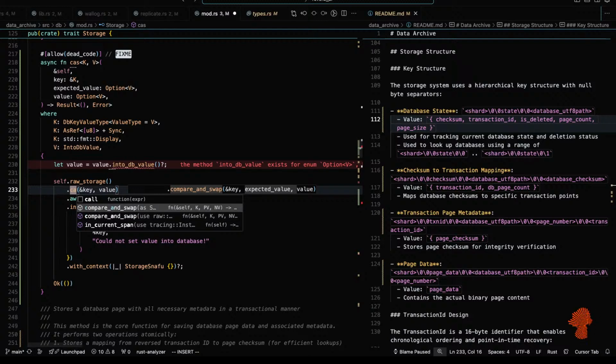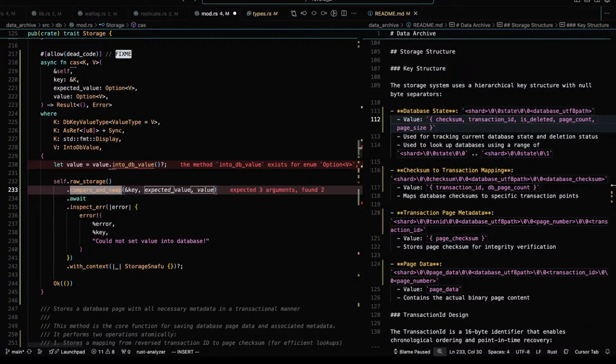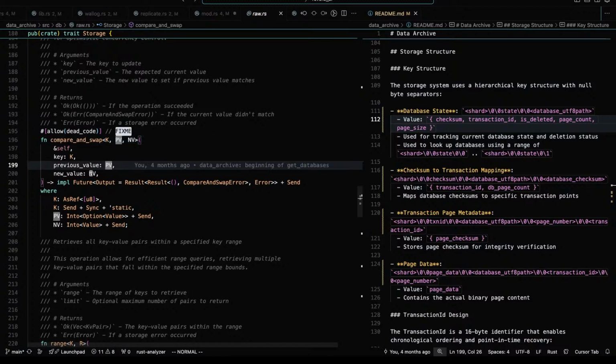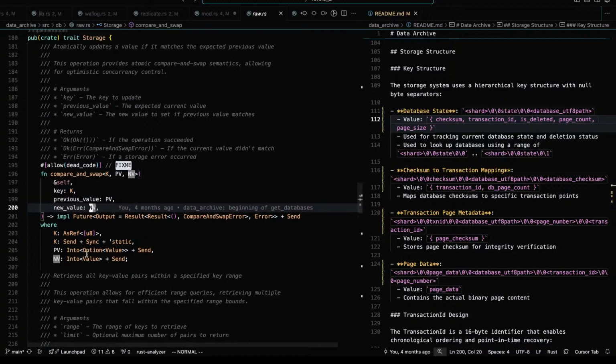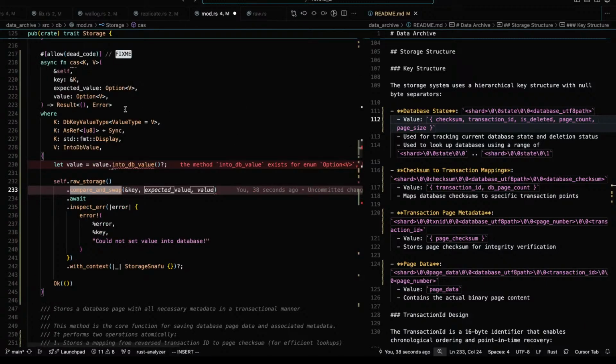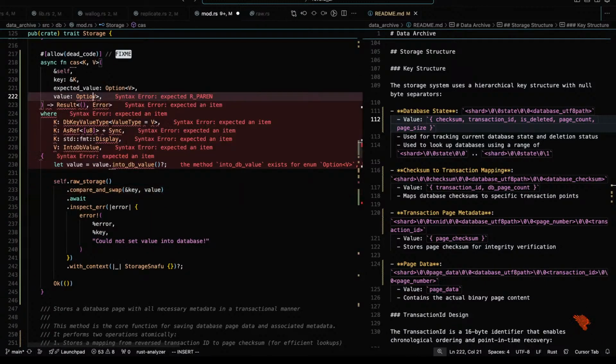Okay, it looks like we do not support unsetting in a CAS. So let's remove the option off of value.